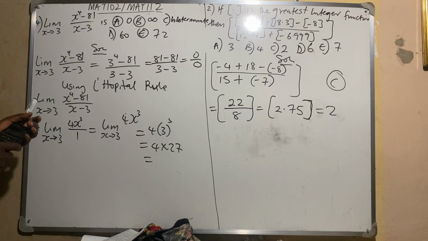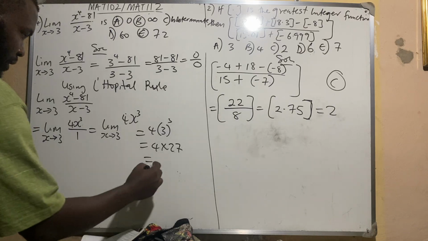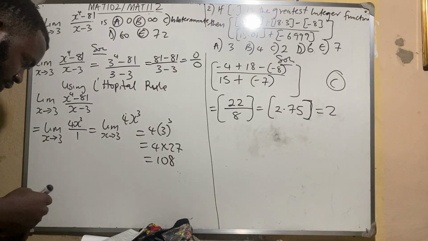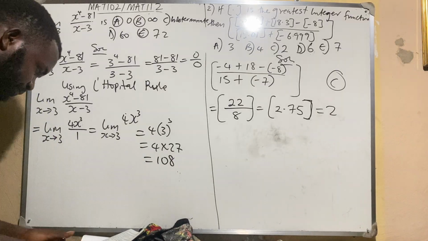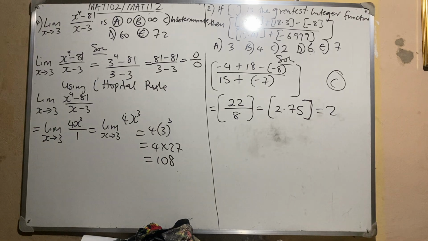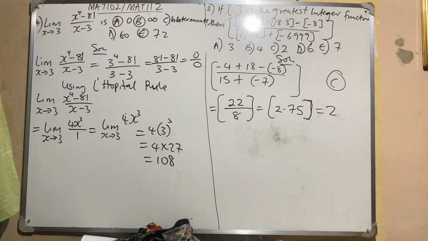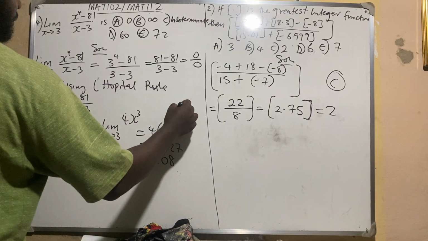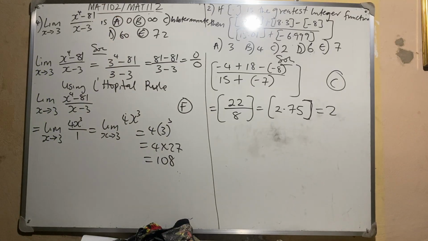27 times 4. So I'm having 108. 108 is the correct option. Okay, 108 is the correct option. So the answer is not there. So since the answer is not there, option F. Okay, I made a mistake in the other one. If the answer is not there, I think they said it's option F. Okay, so now